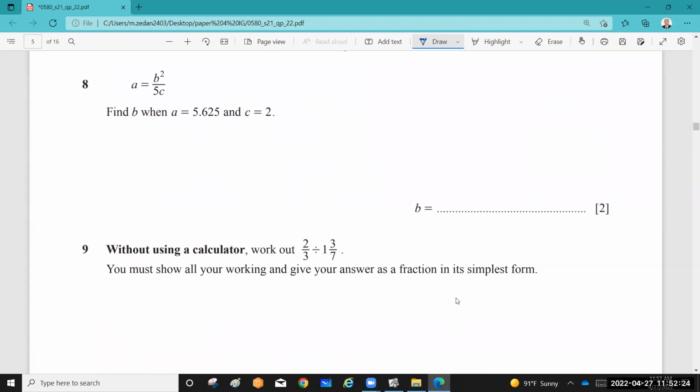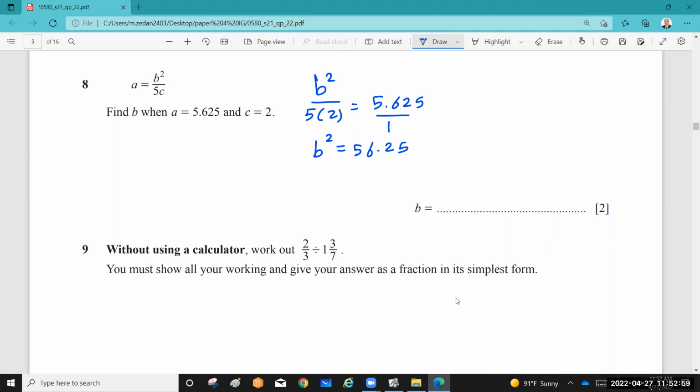Question number 8, a equals b squared over 5c. Find b when a and c are given. So start with the side including b, just b squared over 5 times c, the c is 2, is equal to a, which is 5.625, okay? Cross multiplication now, you will get b squared is equal to, this is 10 times this will be 56.25, and just to take a square root, you will get